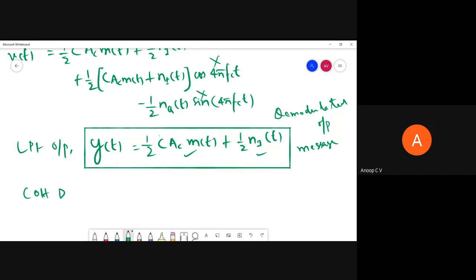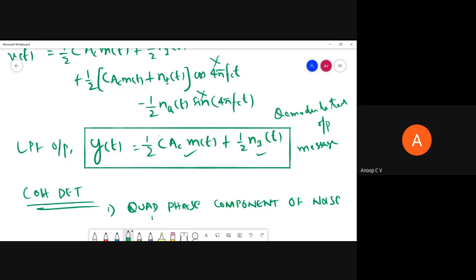First, the quadrature phase component of noise is completely eliminated, right? And this in phase component,